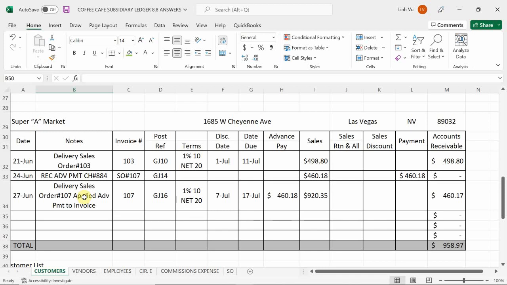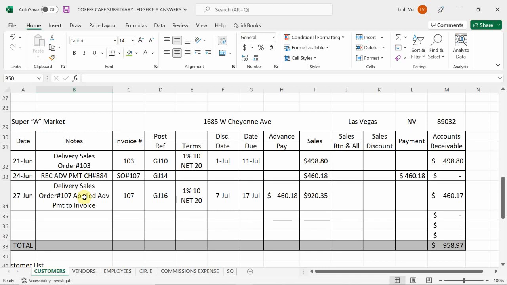So the first one, 103, right? We offered them a 1% discount if they pay before July 1st. And they're paying as of June 29. So in this case, yes, they get to receive a discount. Okay? Now, in this case, let's see. What does